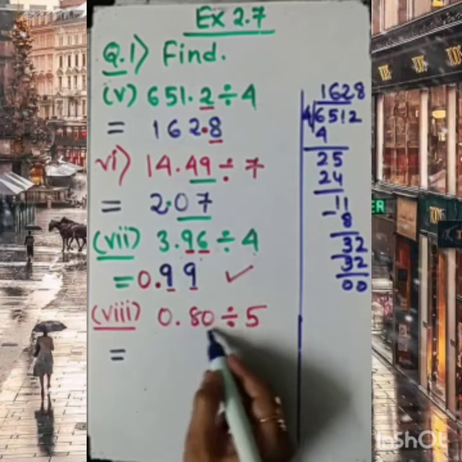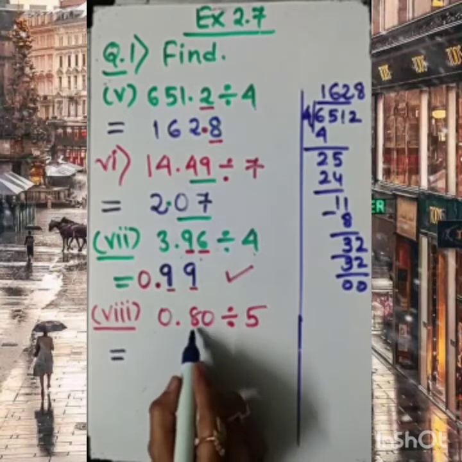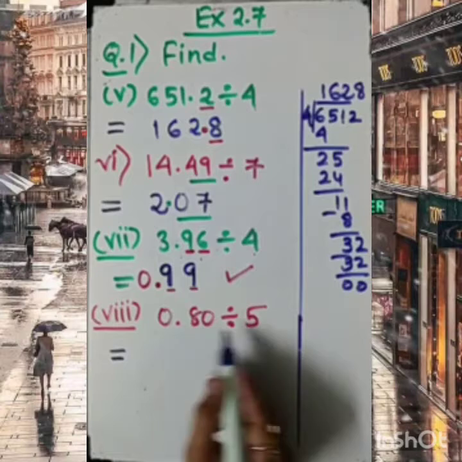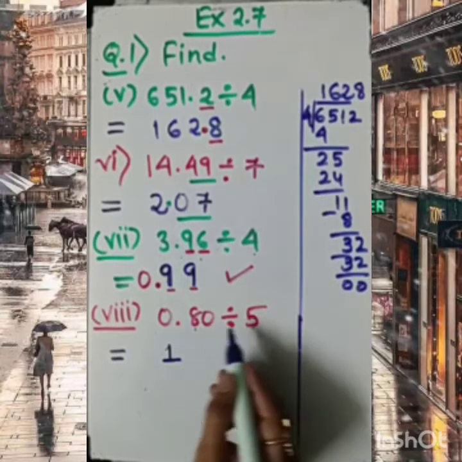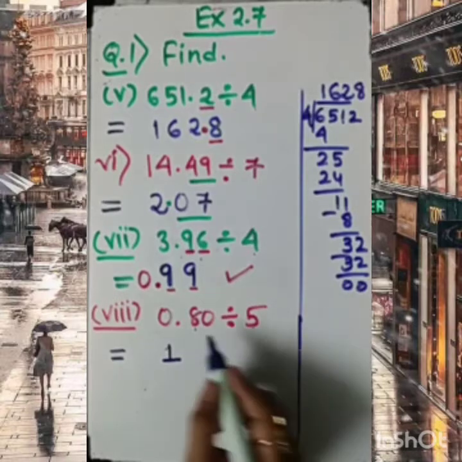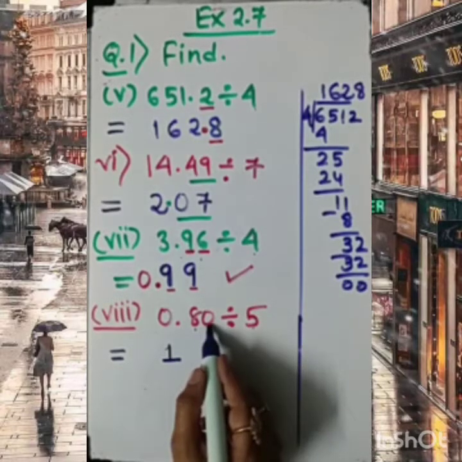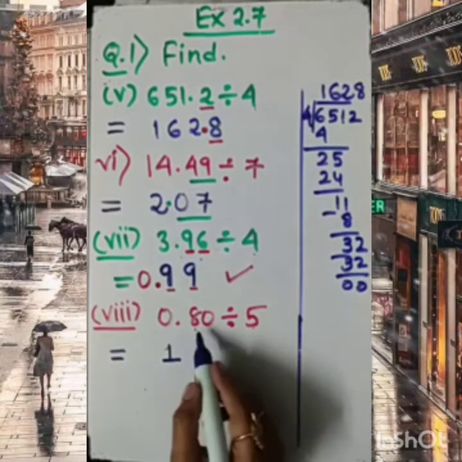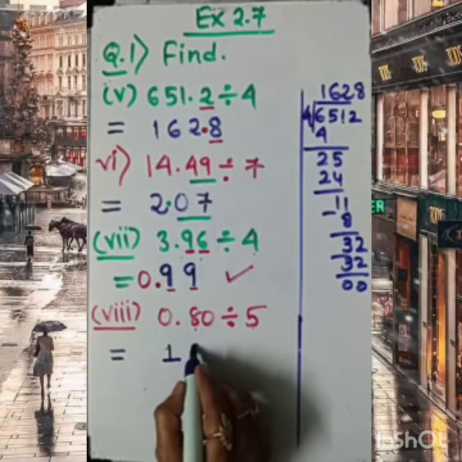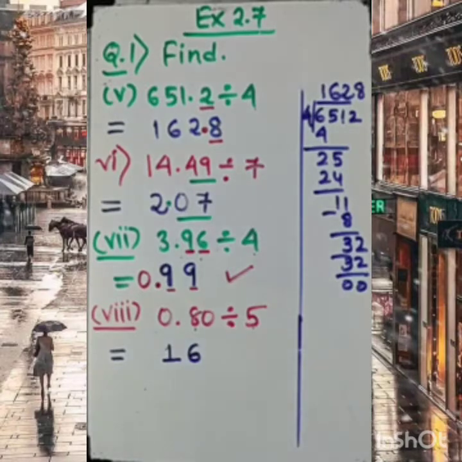If I ask you to divide 80 by 5, then first we will divide 8 by 5. So 5 ones are 5. 8 minus 5 is 3. And let me bring this 0 down, so it will be 30. Clear? 30. So 5 sixes are 30. So the division is coming, and if you directly recite the table of 5 for 16, then you will have the verification that 16 fives are 80.